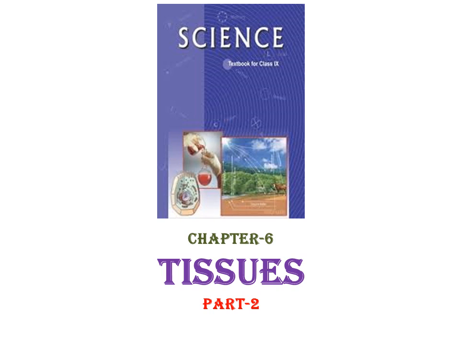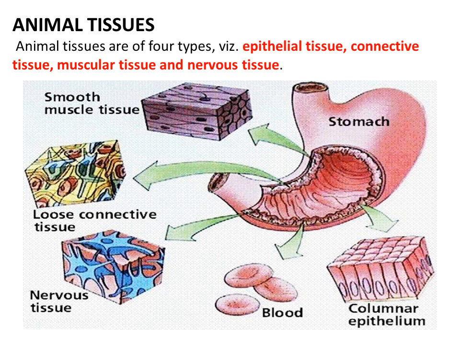Now when we are talking about animal tissues, you have to know that in animals most of the tissues are living because they have to perform specific functions like contraction and relaxation of muscle cells, movement of substances from one organ to another, and responding to external and internal stimuli. For all these functions, living tissues are required. So in this video, we are going to talk about the animal tissues.